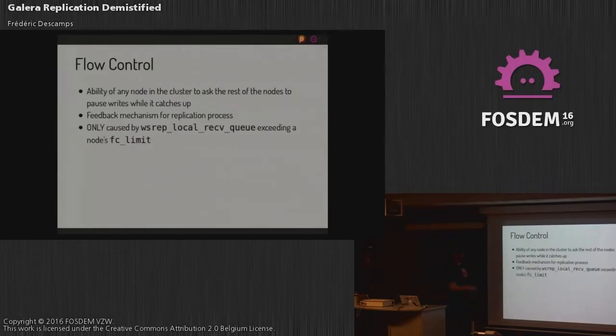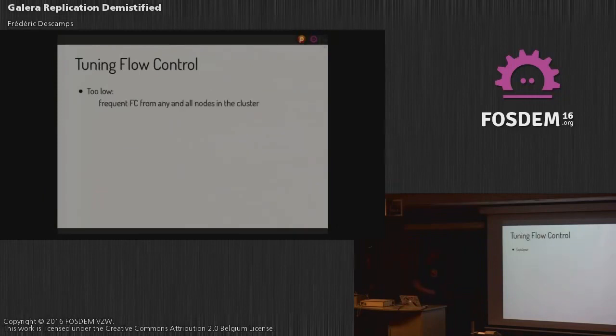So it happens only when the receive queue is higher than the limits that we give for the flow control. And when flow control happens, what it really means is that the node will say to the other ones, stop processing anything. I need to flush my queue. So I'm too slow, I need to do some work, and there is too much in my queue. I reached the limit, so everybody else will not do anything. So your server is completely stalled. You cannot write on the server anymore, right?